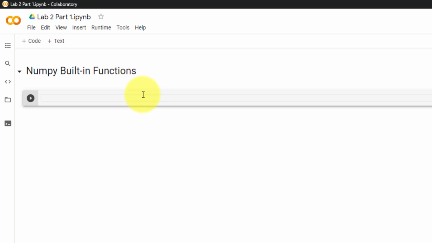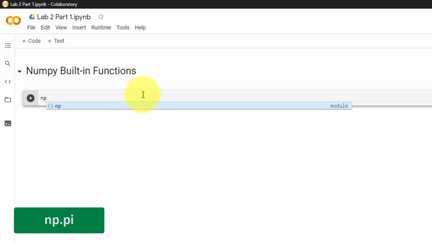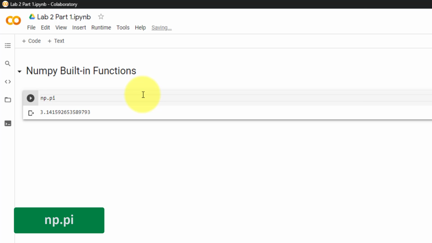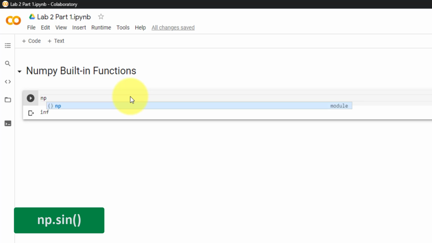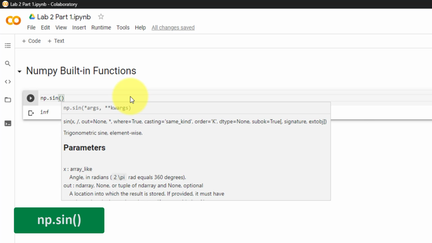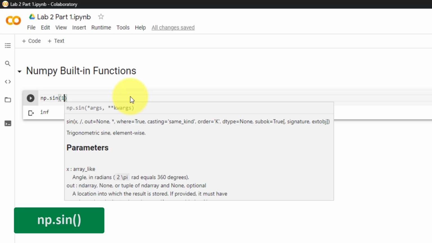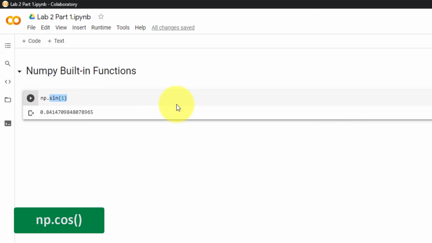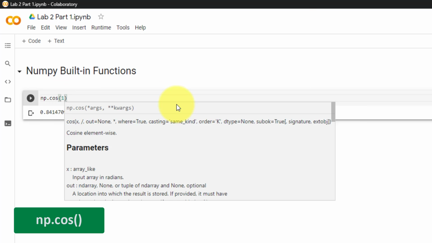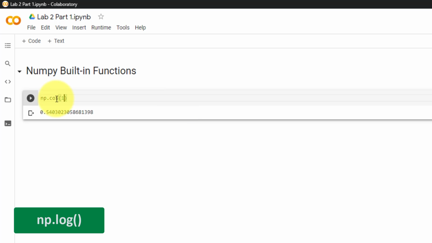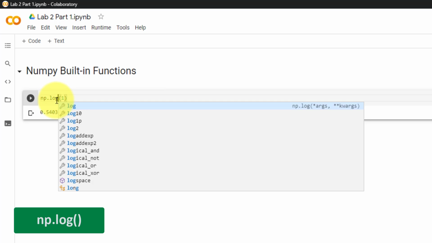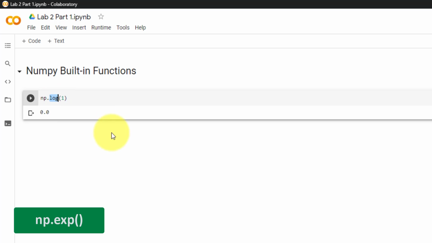Next, we'll cover some built-in functions in NumPy. The first is pi, which is numpy.pi. Next is infinity, which is numpy.inf. Sine in NumPy is numpy.sin, and then the x value, let's say sine at 1. Cosine is numpy.cos, and then the x value. Log is numpy.log. E raised to the power of 1 is